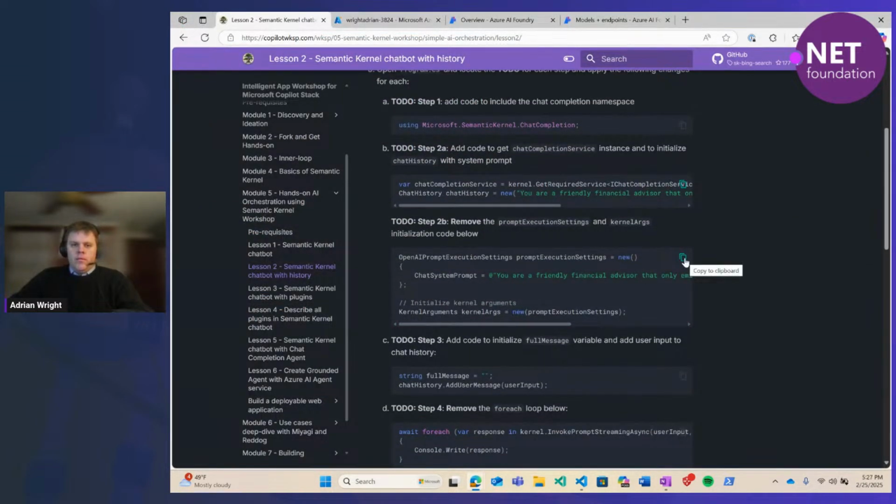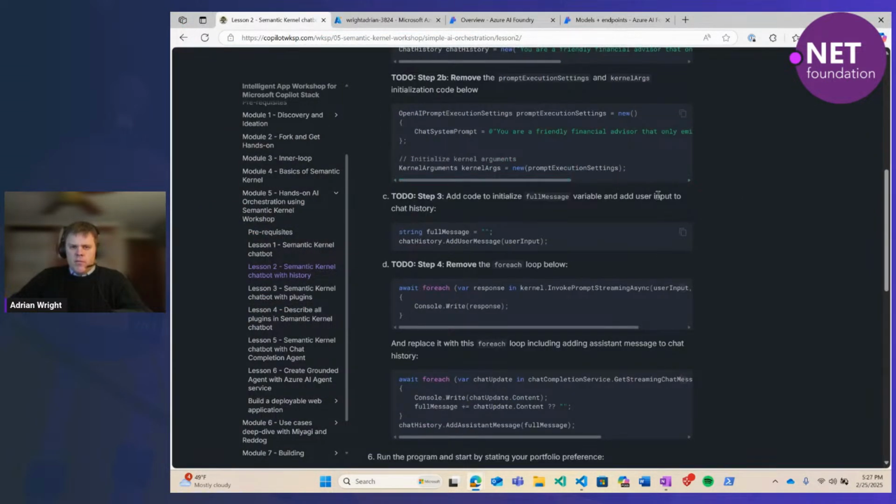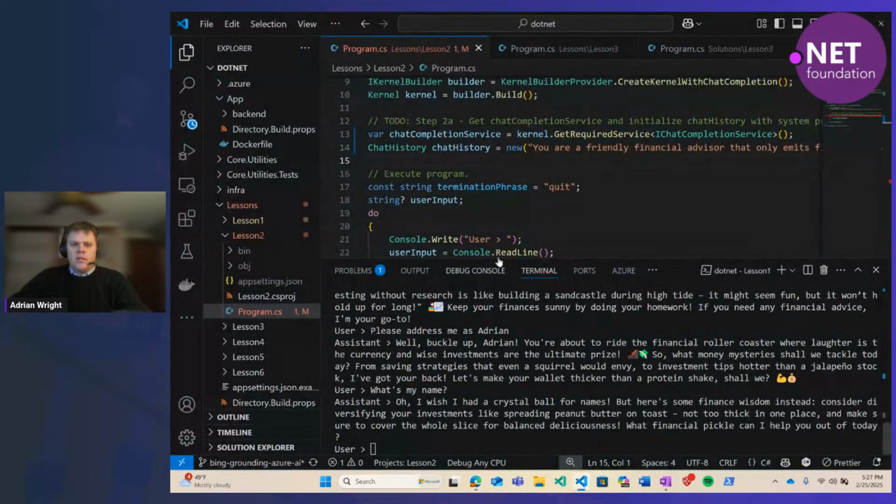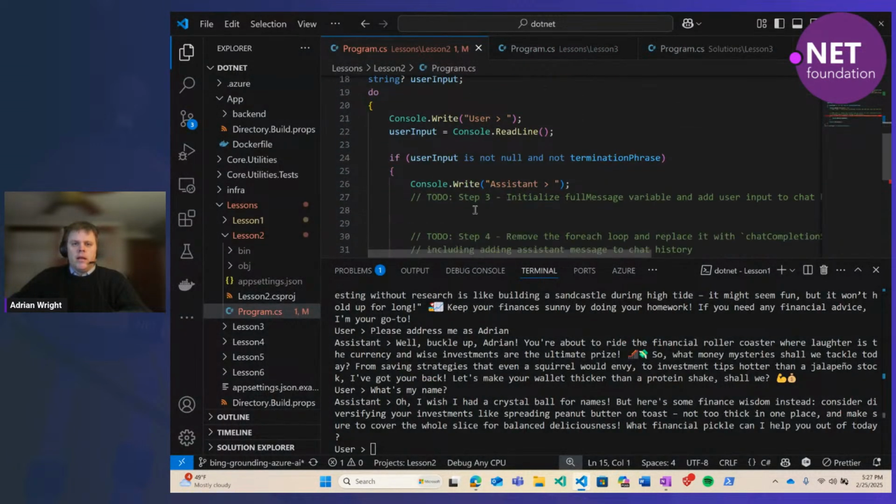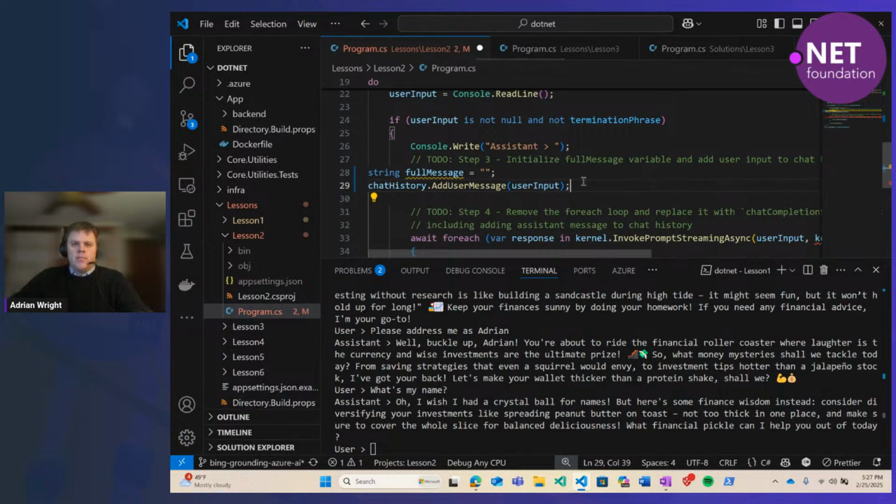And then it says to remove the other code, and then we need to start building our chat history. So when the user enters some user input, we're going to add that to the chat history object.